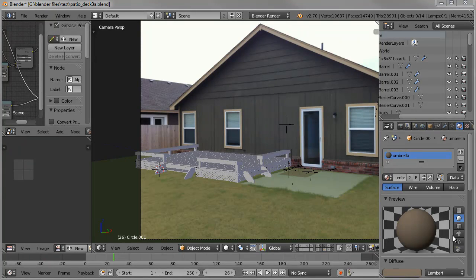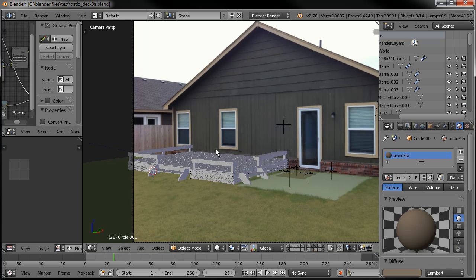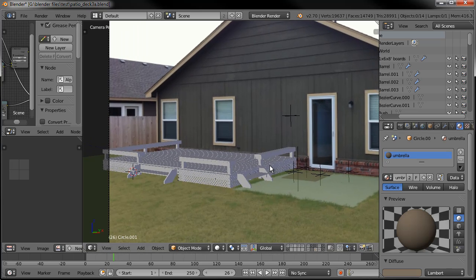Hello, this is David Ward, and I'd just like to show you a little technique I used in Blender to visualize a deck in the backyard of my house. I wanted to build a deck, and I didn't know exactly what I wanted it to look like, so I jumped into Blender and I used